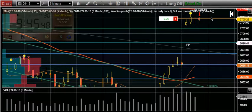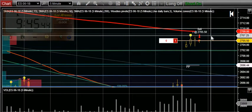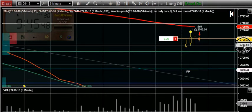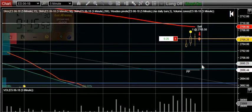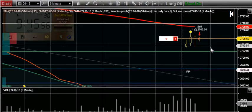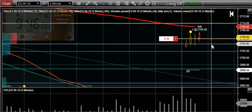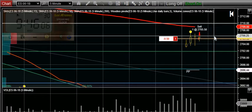So let's take a look here. I got indicators telling me that we may go low. We may go a little low. My indicator's fired up. This is a Fibonacci from yesterday. This is the 100% line of the fib, and my take profit is going to be here, but my stop loss is going to be if it closes above over